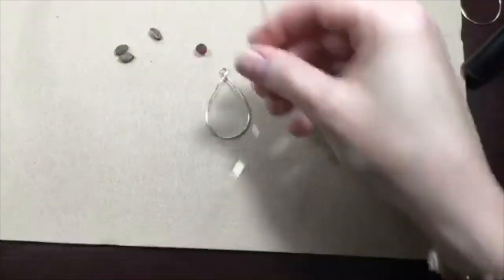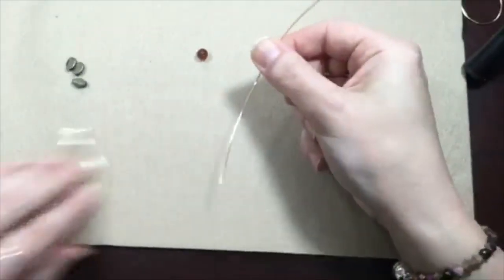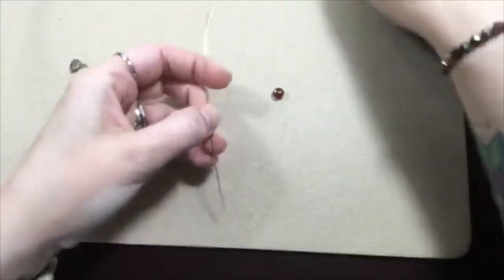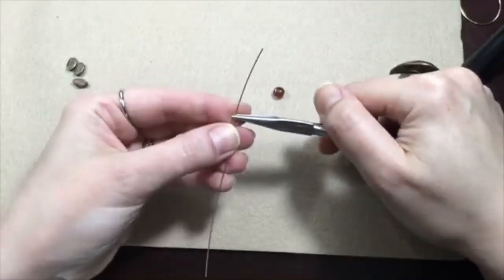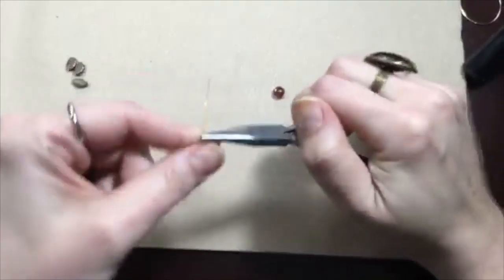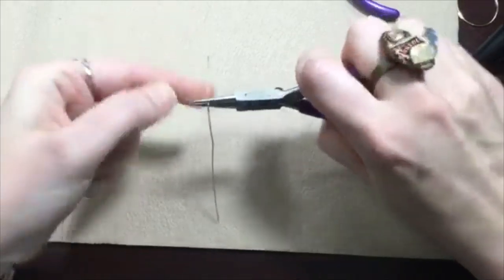Okay, so the first thing we're going to do is we're going to work on this middle section here. So we're going to take a piece of 22 gauge wire. We've got about, well, definitely more than we need. It's about 5 inches. You really only need about 3 inches for this. Coming in with my chain nose pliers, coming down to about 1.5 inches. Okay, I'm going to bend that wire 90 degrees, take the pliers away, coming in with my round nose pliers to go up and over,